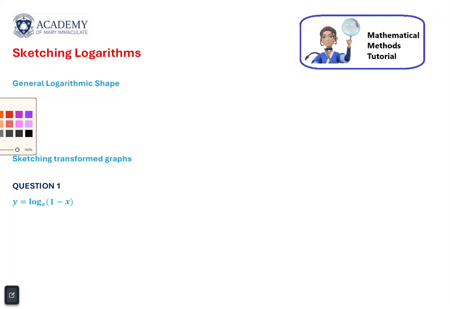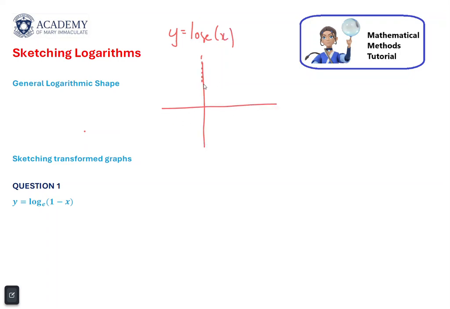This is for sketching logarithmic graphs. The general shape of y equals log base e of x will be a graph that has an asymptote at x equals 0 and will shoot like this with an x-intercept of 1, no matter what the base is, as long as the base is bigger than 1. Okay, so keeping that in mind, that that's my general shape of a logarithm, then what's happening in this case